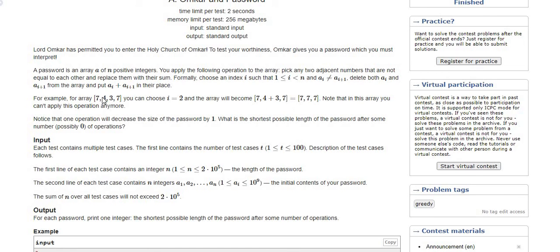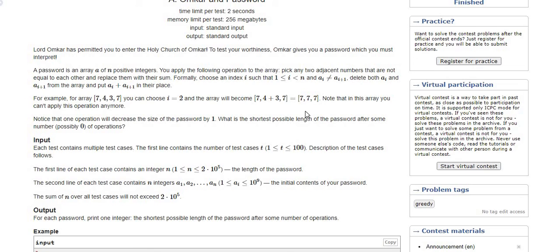For example, if we have an array which contains the values 7 4 3 7, here we can pick any pair like 7 4 or 4 3. Let's say we pick 4 and 3. Because 4 and 3 are distinct, they turn into 7, and now we add that 7 back into the array instead of 4 and 3.